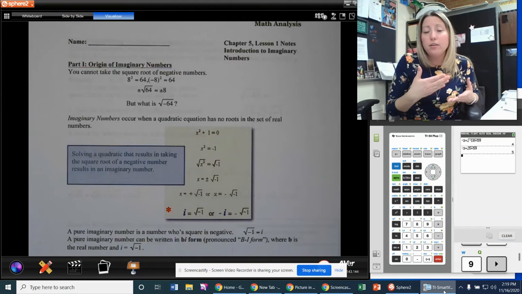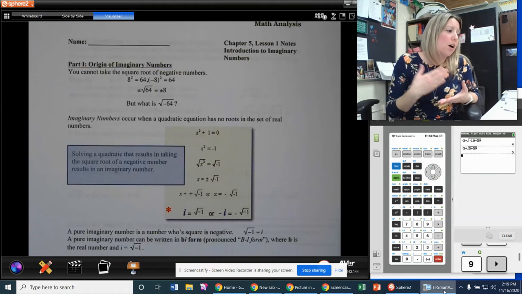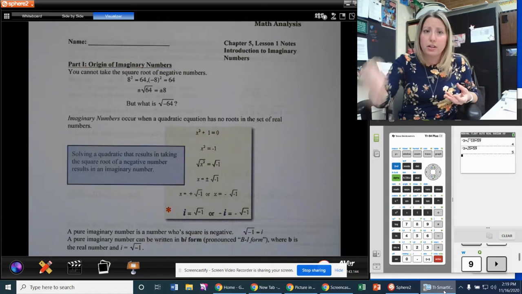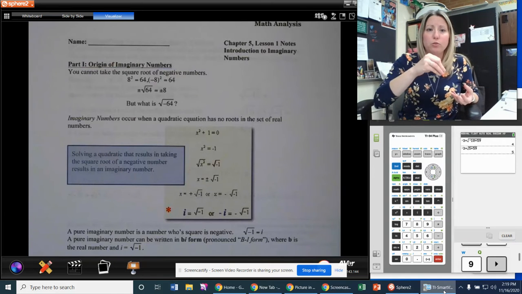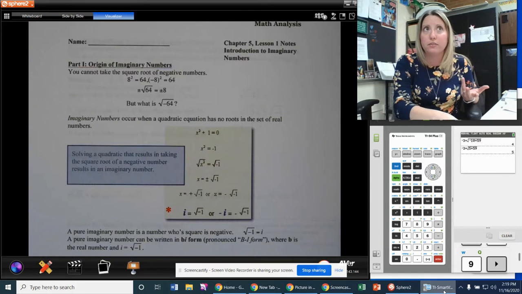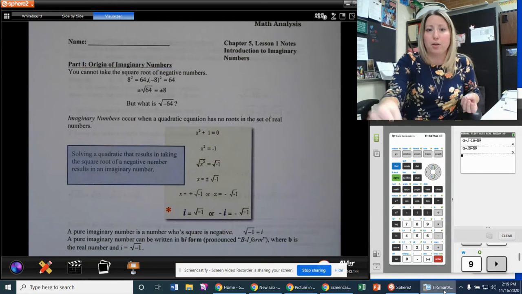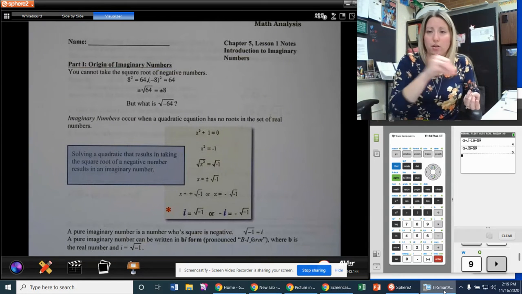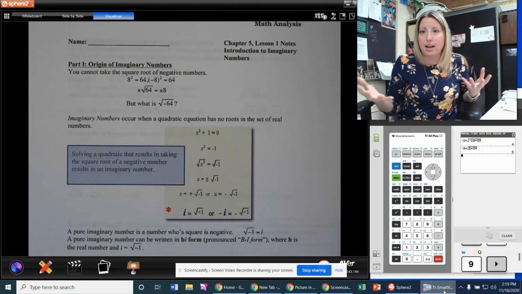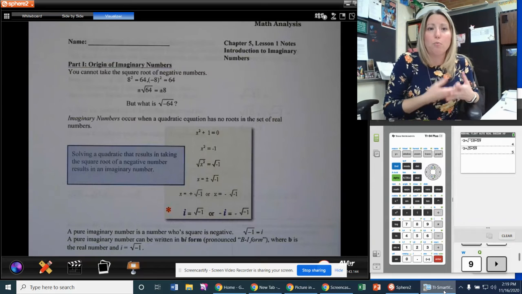There's not one integer that multiplies by itself, the exact same number, that gets me negative 64, because one of them would have to be negative. It's either got to be positive 8 and negative 8 that multiply together to give me negative 64, or positive 8 and positive 8 that give me 64, right? It's one of those 2. I can't get a negative by multiplying the same number by itself. So because of that,